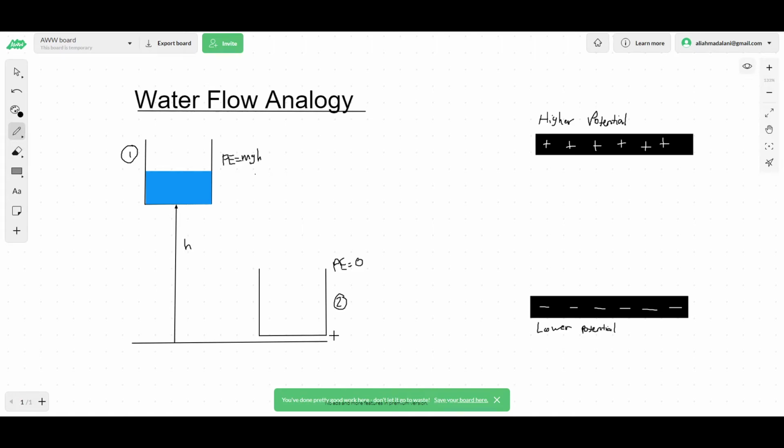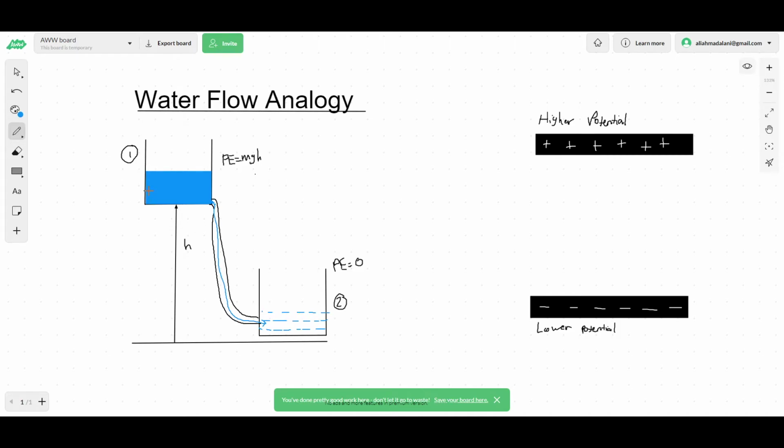Now it doesn't show that it's on the floor, but we're going to say that it's on the floor and its potential energy is 0. Now if we just stared at this, nothing would happen. We'd have 2 buckets. It would be pretty boring. But if we were to connect these 2 buckets with some sort of pipe and we allowed the water to flow, we'll get eventually the second bucket to fill up with some water, and the bucket from position 1 would just